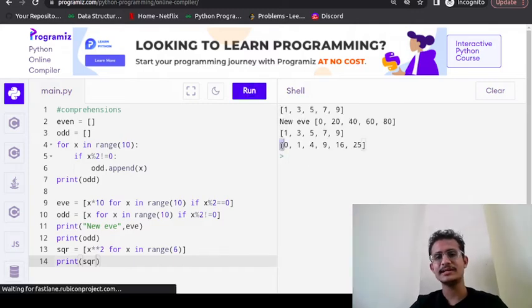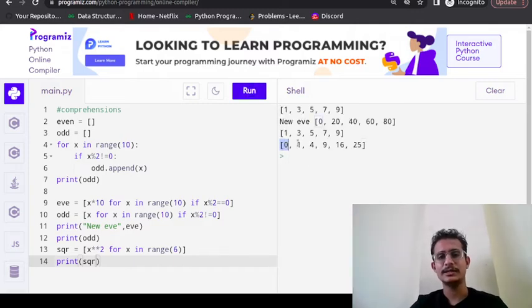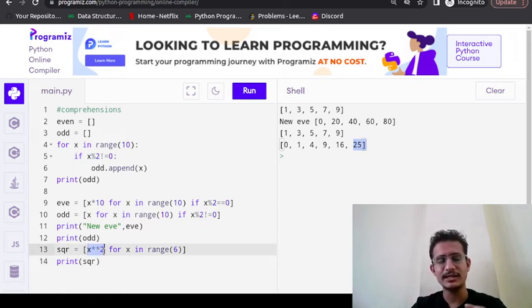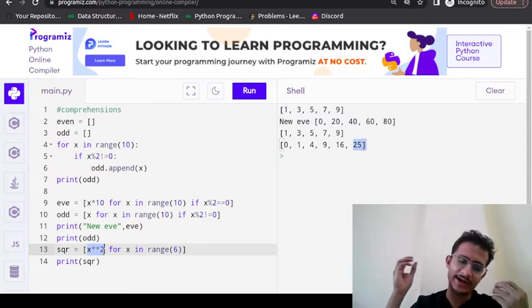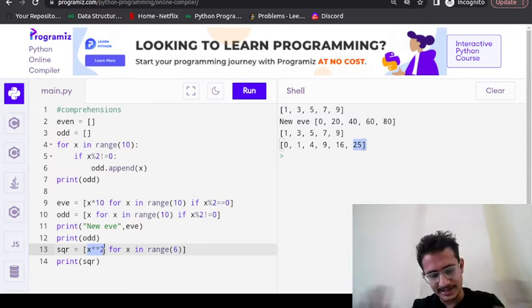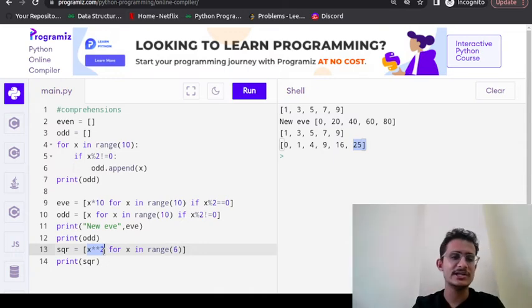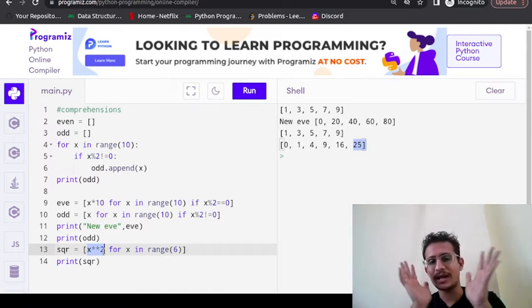See what it has done: square of 0, square of 1, square of 2, square of 3, square of 4, square of 5. You can do any operations here, whatever you require in the output, you can find the square, anything smaller, greater, condition. Okay, so this is the comprehension for the list.